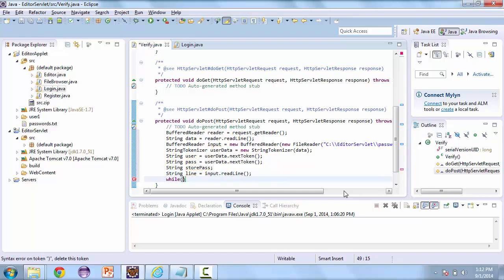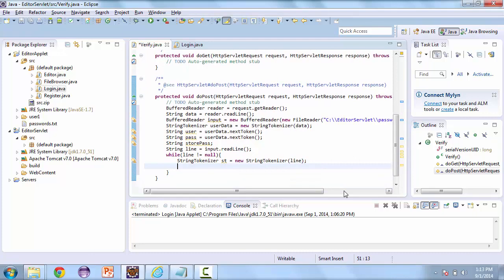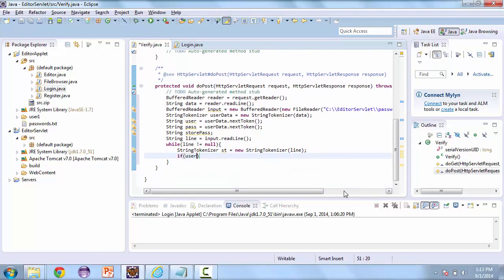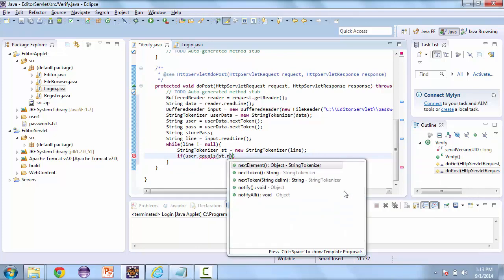And so same while loop that we had in the editor program. So while line does not equal null, we're going to create a new StringTokenizer, call this st, is equal to a new StringTokenizer, and we'll pass that the line. And then if user is equal to st.nextToken,